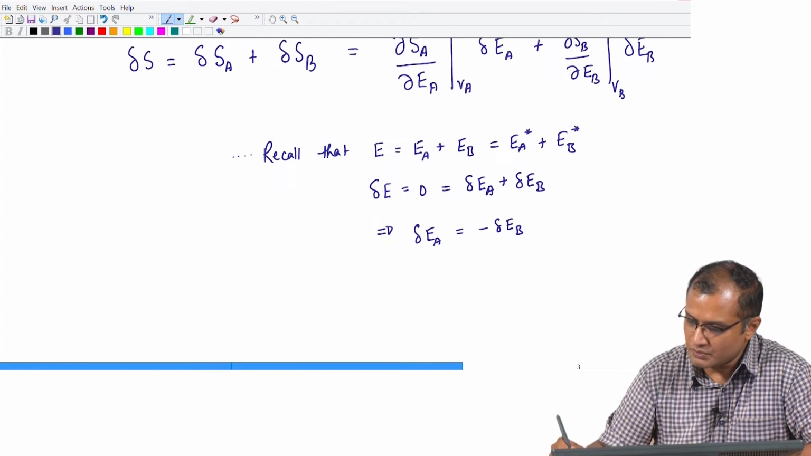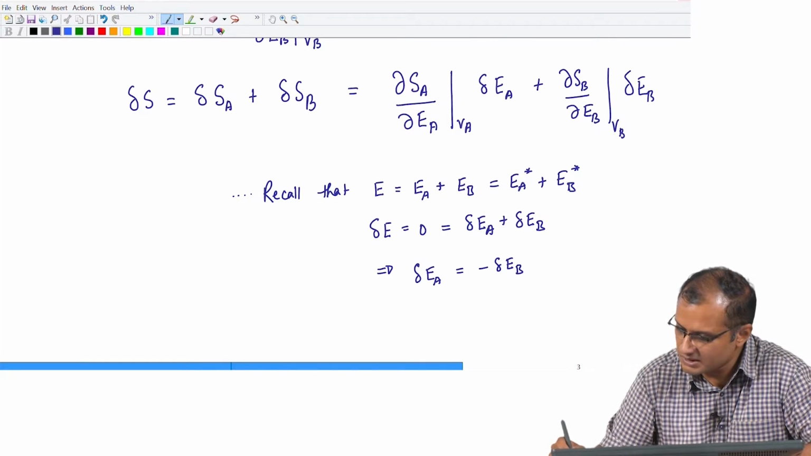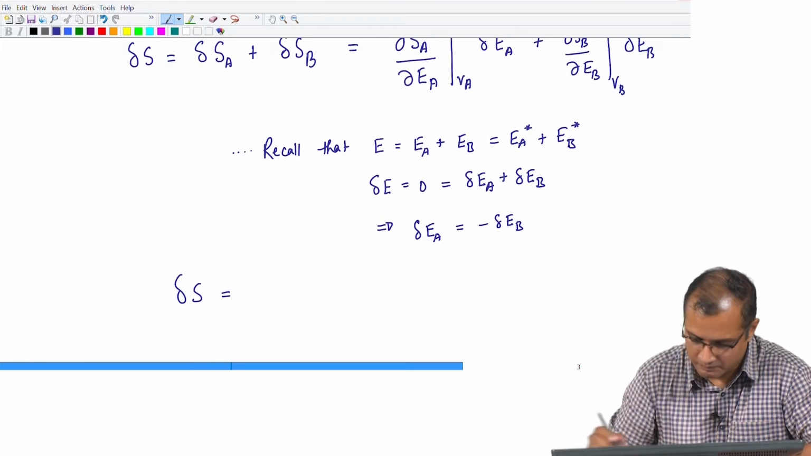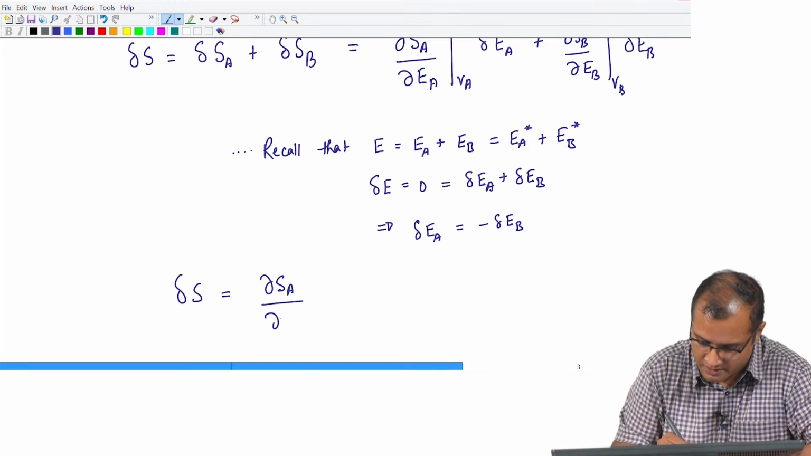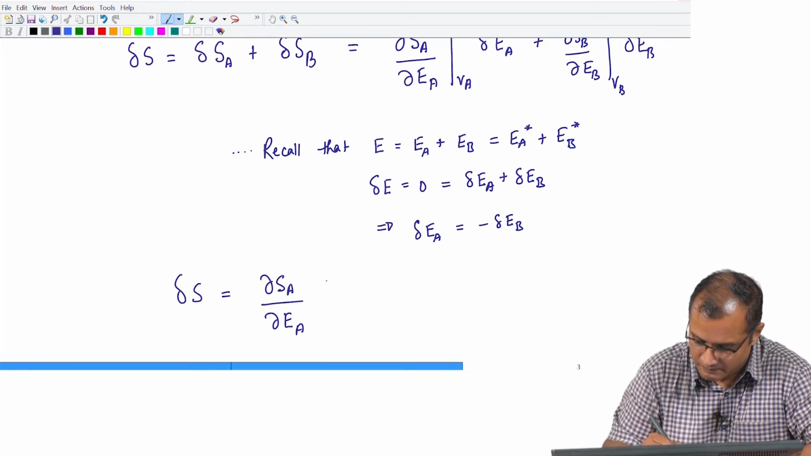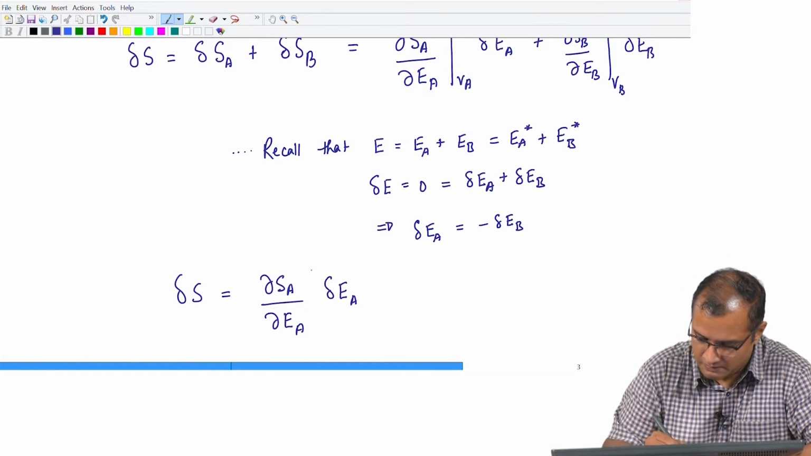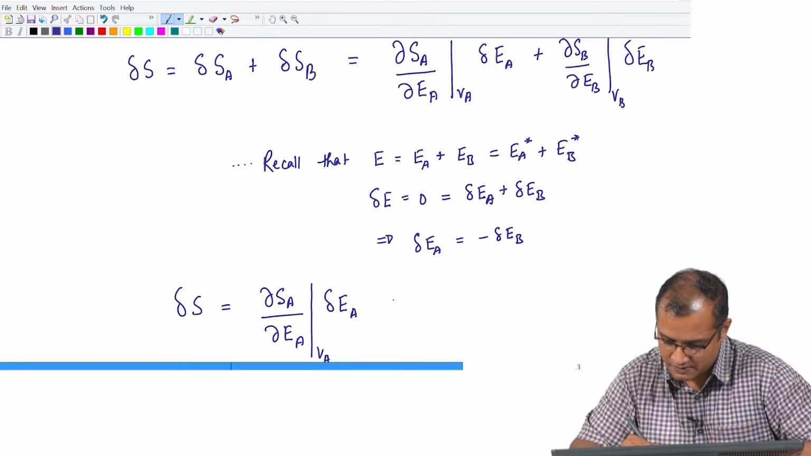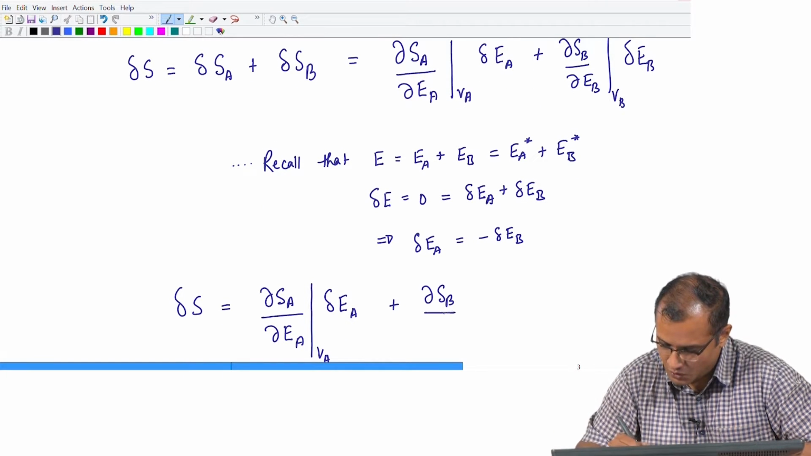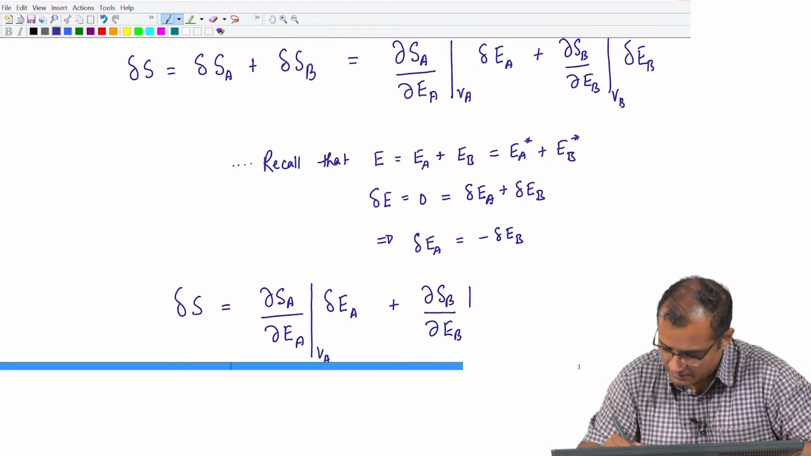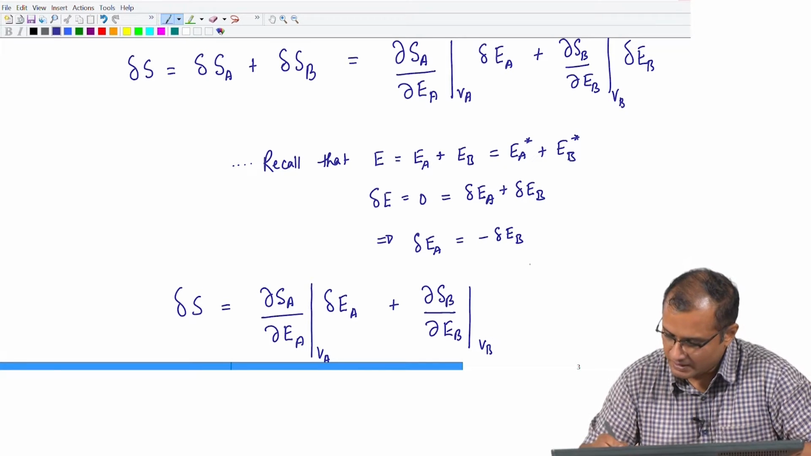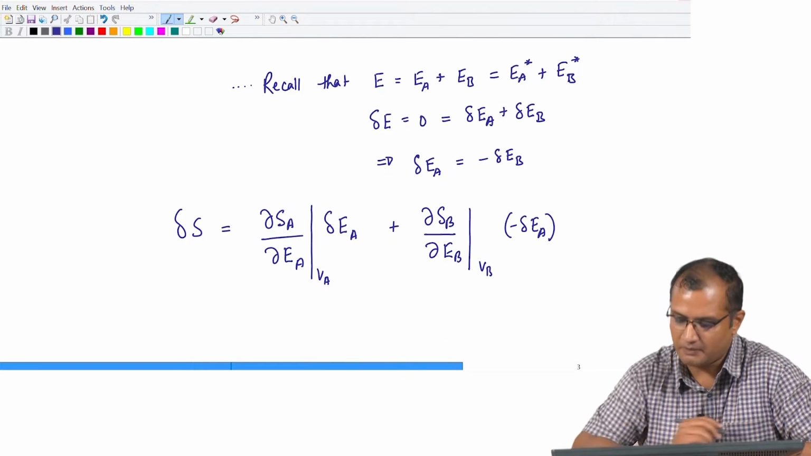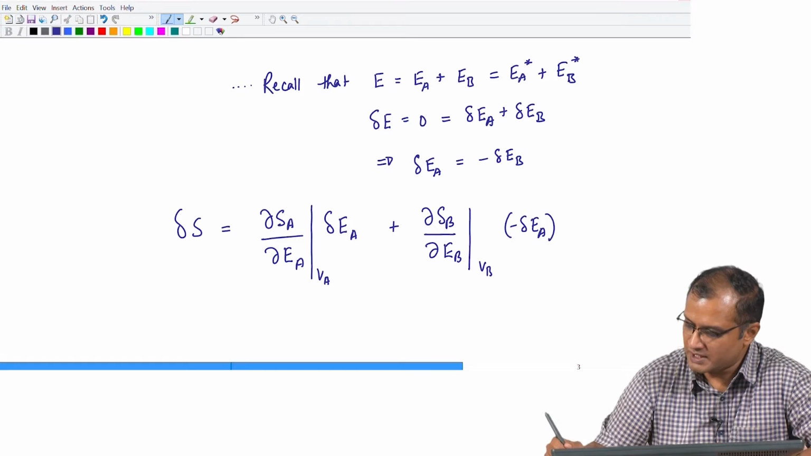Okay. So, if you substitute it upstairs, what you see here is that delta S comes out to be delta S_A over delta E_A into delta E_A at constant volume V_A, plus delta S_B over delta E_B at constant volume V_B, and I am substituting delta E_B as minus delta E_A. And if you take delta E_A constant,